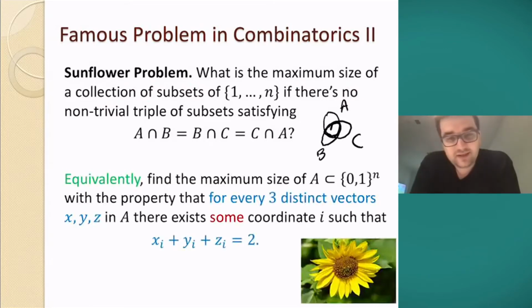And equivalently, in terms of vectors, this asks for the size of the largest subset of the cube, with the property that for every 3 distinct vectors, x, y, and z, there is some special coordinate where there's again a very low degree polynomial that picks up this information. There is some coordinate i where the sum of the values xi, yi, and zi equals 2, which is easy to see. So if a set A doesn't have 3-petal sunflowers and no structure like above, well, then it means really that